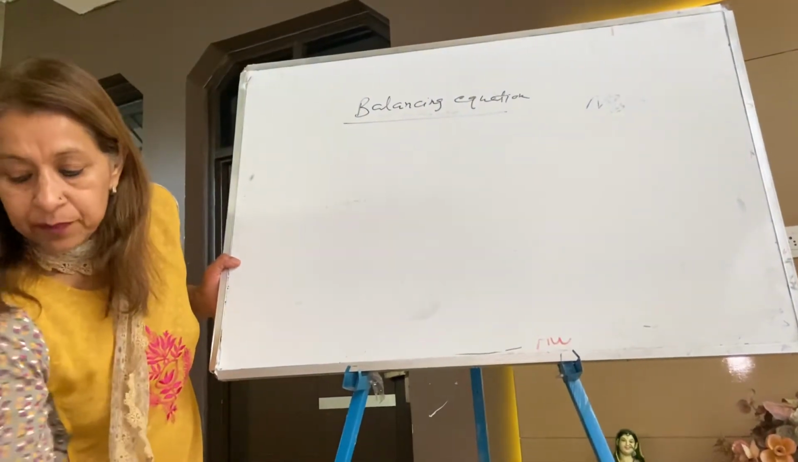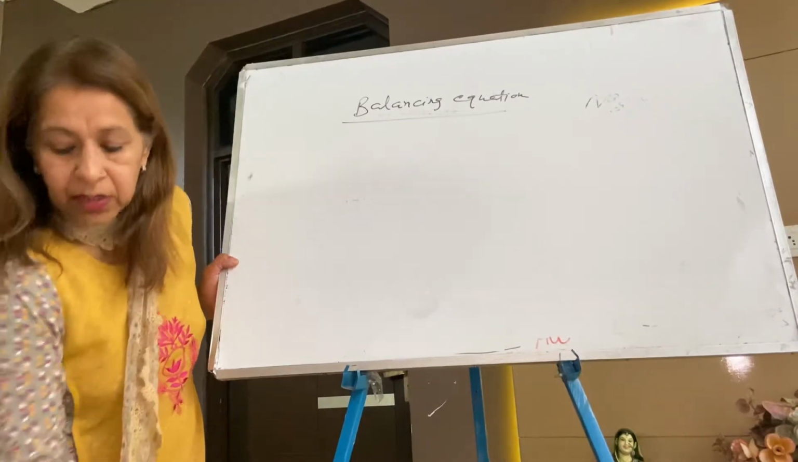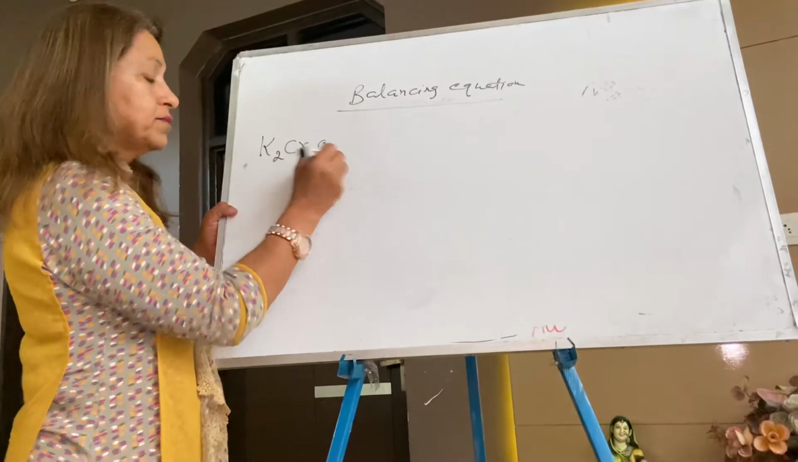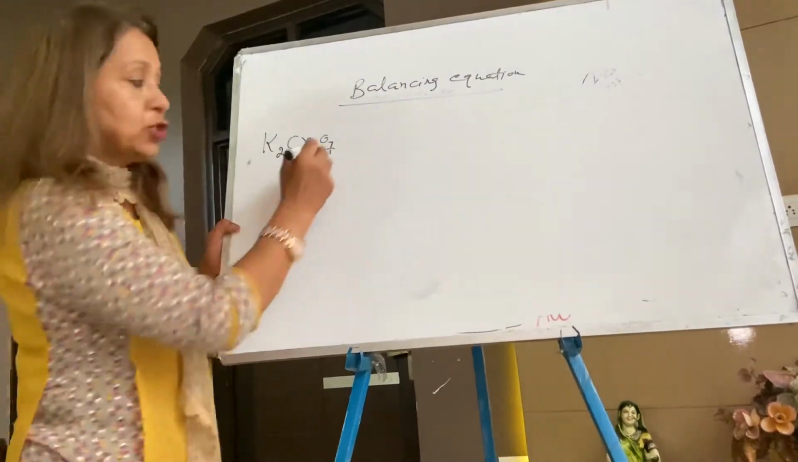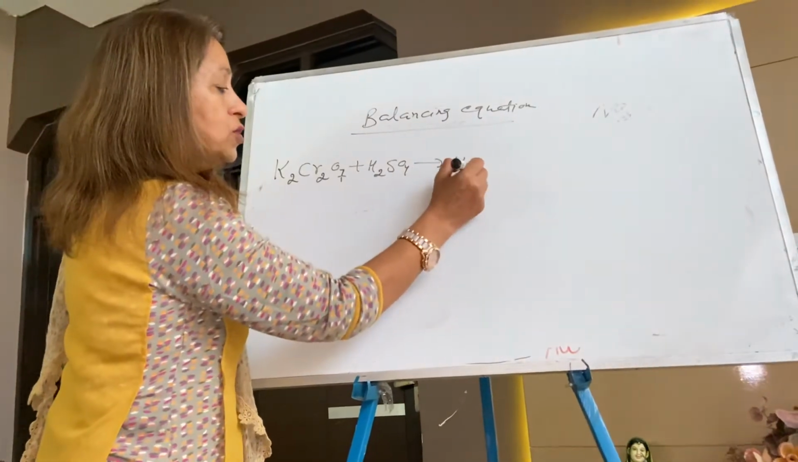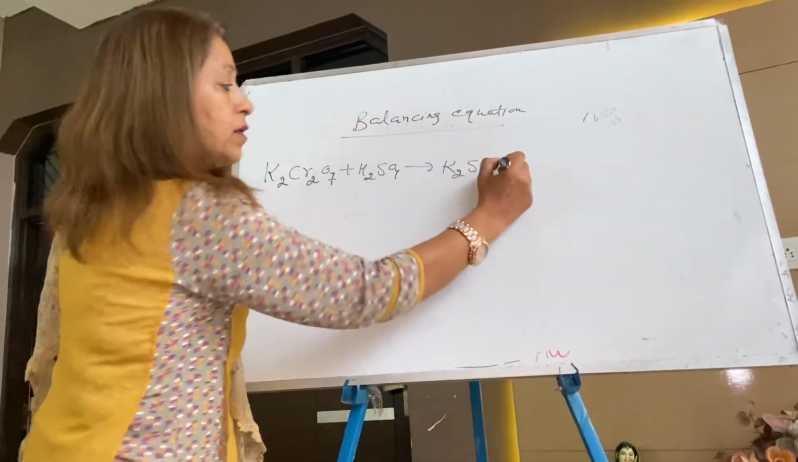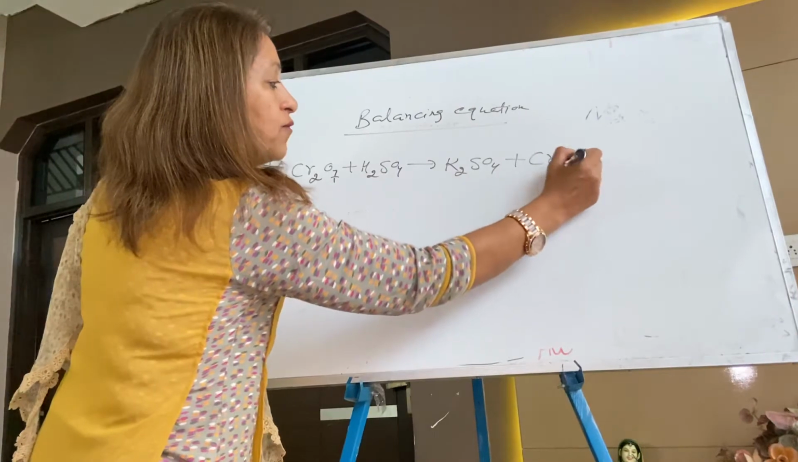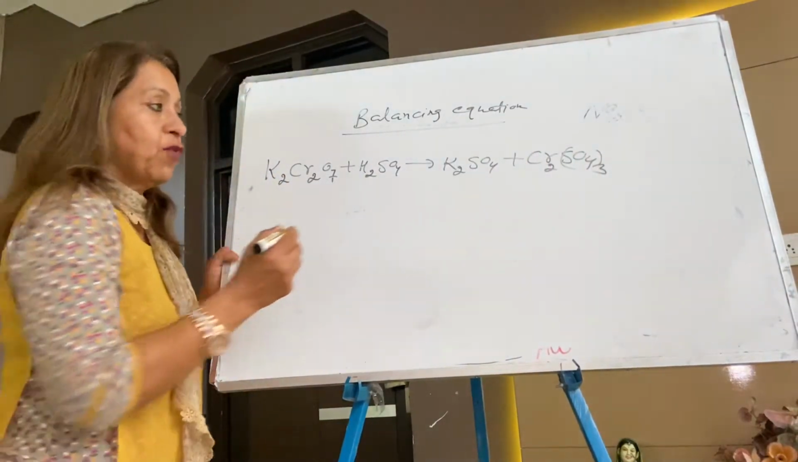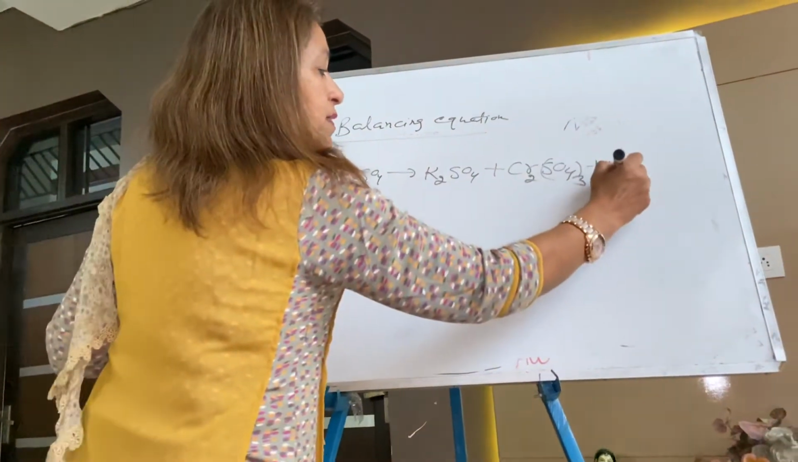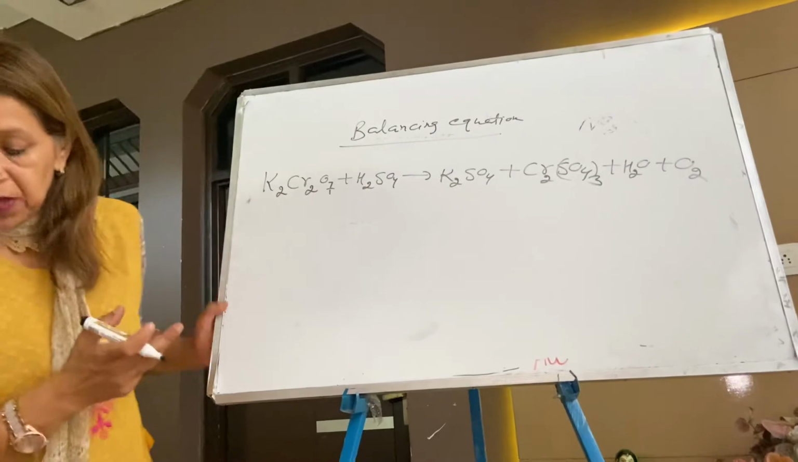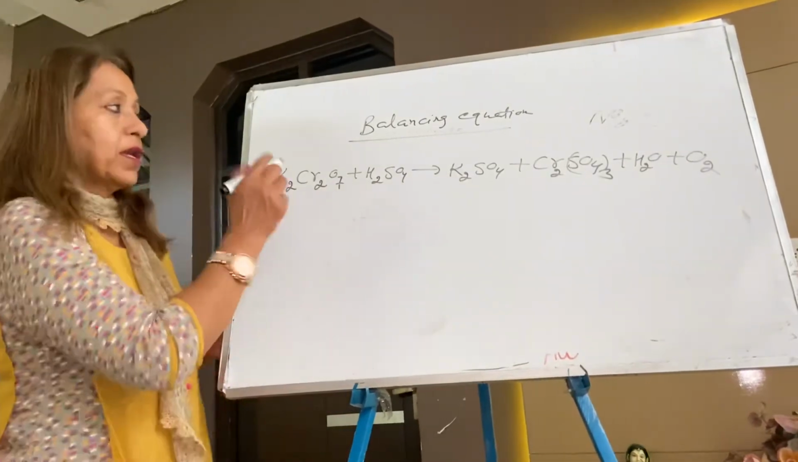Write down. The equation is K2Cr2O7, it's potassium dichromate, plus H2SO4, arrow potassium sulfate, plus chromium sulfate, plus water, plus oxygen. This is a very lengthy equation, but you can balance it if you know how